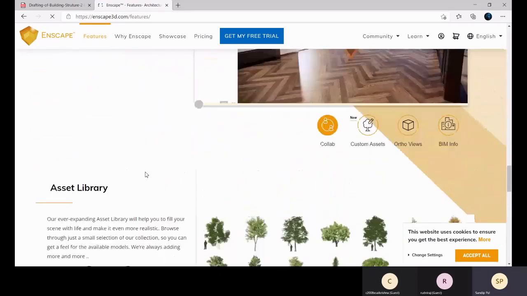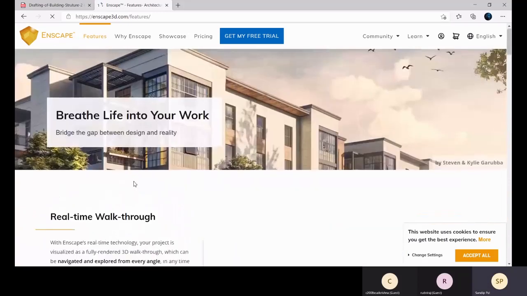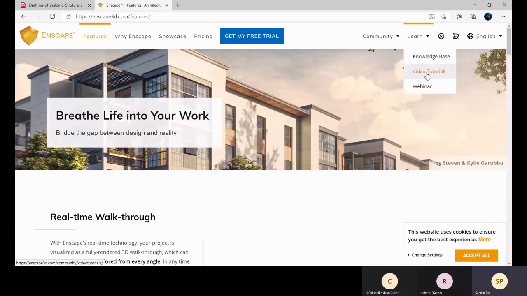So that's why this is the best plugin right now for rendering. And you can learn from here also. You can get video tutorials, this knowledge base is there, and some webinars related to this software. You can get access to these.